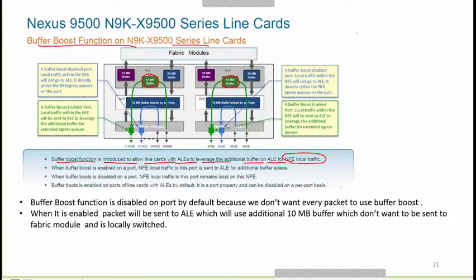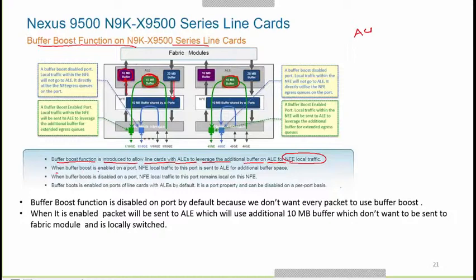Suppose you have an ACI enabled line card. You will have 10 MB of ingress and 20 MB of egress, but for local traffic you have 10 MB of local buffer boost. Suppose your source and destination are connected on the same line card, so why should the traffic go to the backplane? If the source is sending lots of traffic, your line card should have a local buffer also, so that it can store the local traffic and forward it on another port. So we provided 10 MB of local buffer here. This is the buffer boost function.